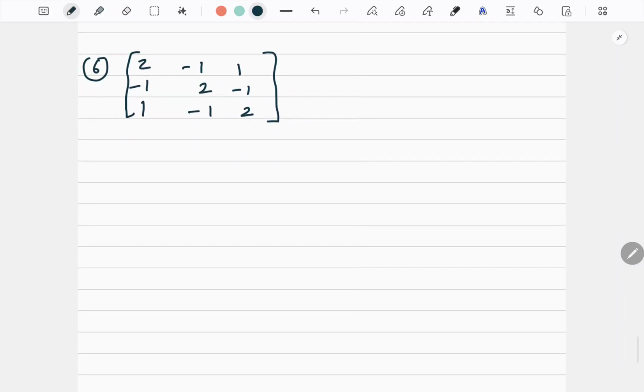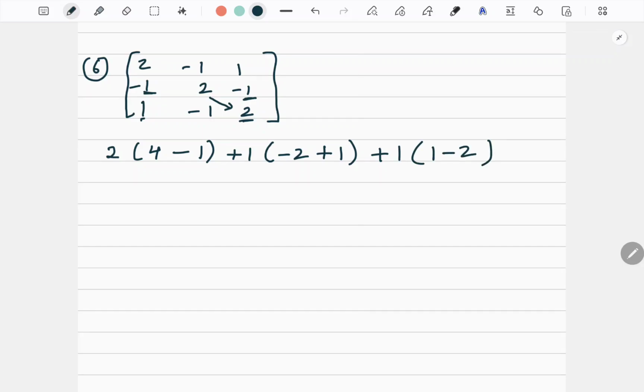Now one more question came. So I'll write 2, then in bracket 2 twos are 4, minus 1 into minus 1 is plus 1. Then minus of the central element, it is already minus 1, so it becomes plus 1. Then in bracket, minus 1 into 2 is minus 2, minus 1 into 1 is minus 1, so it becomes plus 1. Then plus 1, so minus 1 into minus 1 is 1, minus 2. So 4 minus 1 is 3, 3 twos are 6. Minus 2 plus 1 is minus 1, minus 1 into 1 is minus 1. Again minus 1. So 6 minus 2 is what? 4. So the answer becomes 4 here.